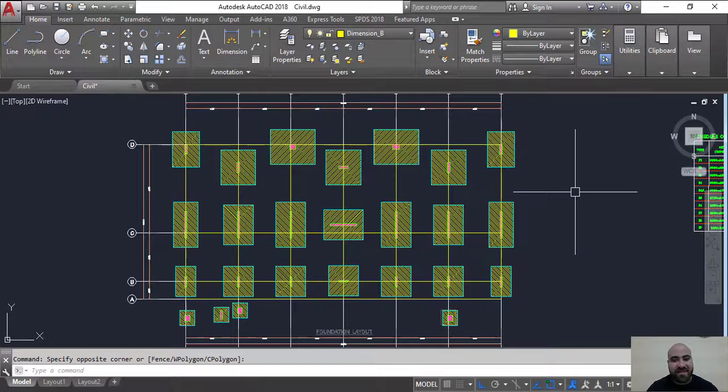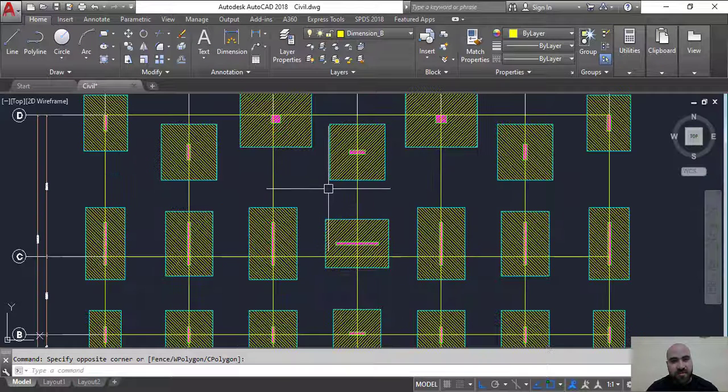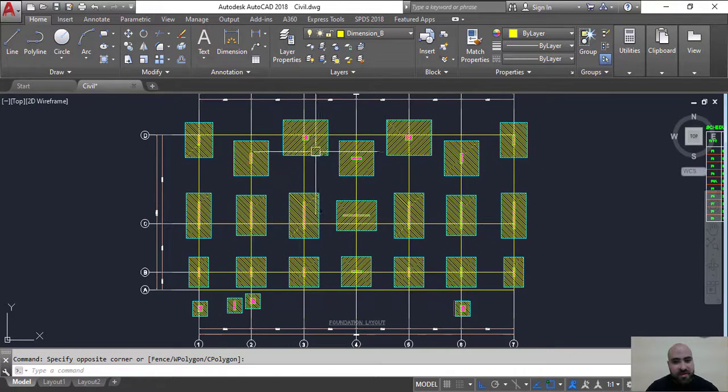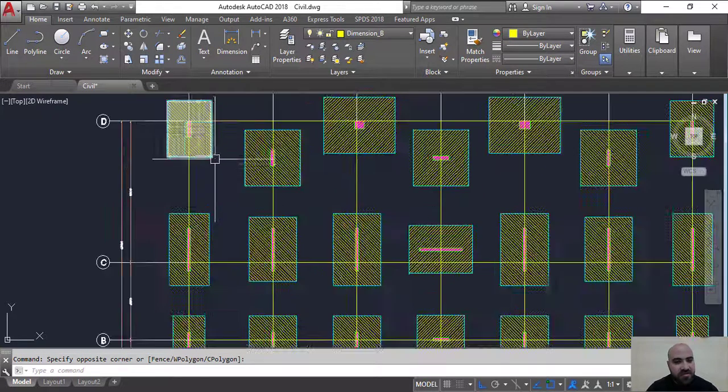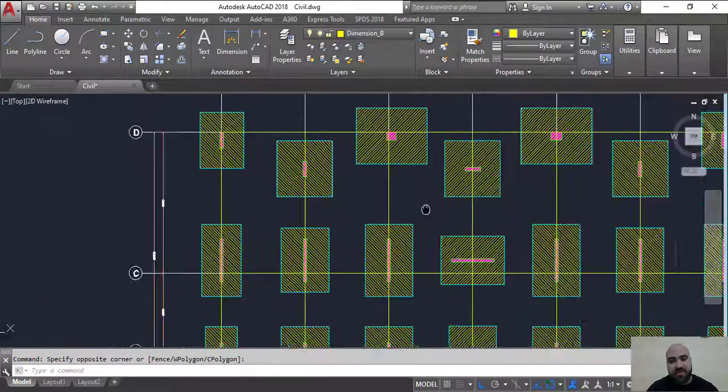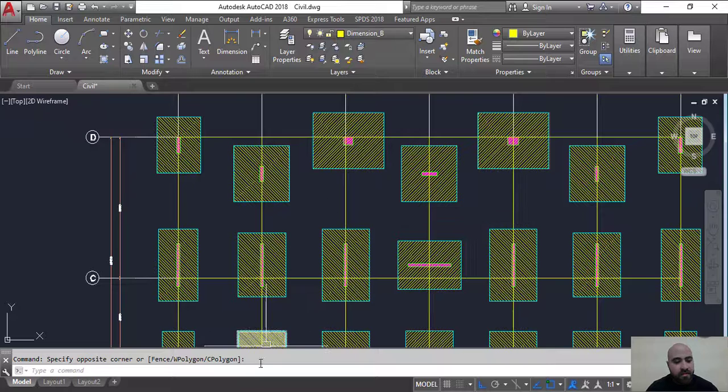Hi guys, in this video I'm gonna show you how to draw plain reinforced concrete footing using my developed program in just one click, in an extremely easy way. In the previous video we finished drawing these reinforced concrete footings, okay, and here I'm gonna type